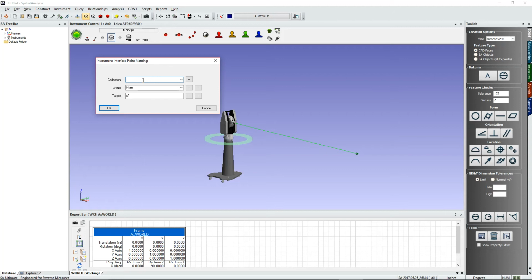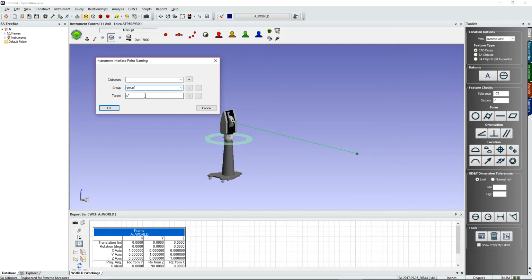And every target has three main points of data. That's the collection that it goes in, and the collection is over here in the tree bar. If you leave it blank, it will just go into whatever the active collection is. Next is the group, and a point group is useful for separating points out into individual features or objects, or otherwise grouping them in a way that'll make sense for your analysis later on. So you can select the group here, and if you've already shot some points, you'll be able to click the down arrow there and see all the groups that you have. But if you haven't, you can just type in a name right there,